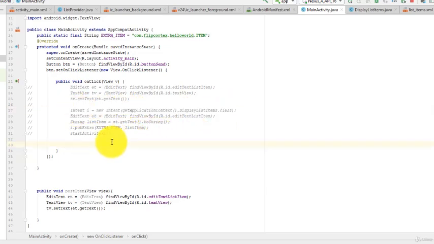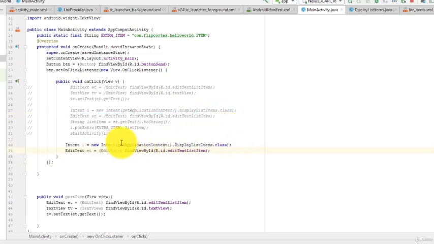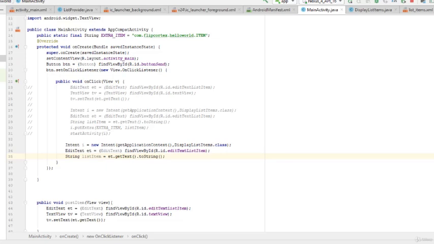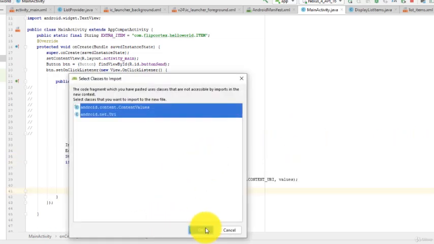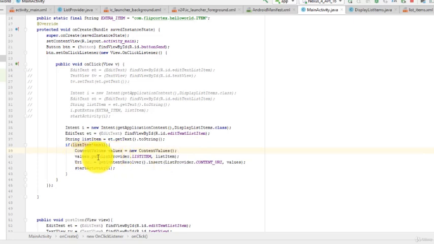So to do this, we still want to get the initial part of defining the activity and getting the edit text. The different part, however, is if list item is not equal to null, then ContentValues values equals new ContentValues. values.put ListProvider.LIST_ITEM and add list item.